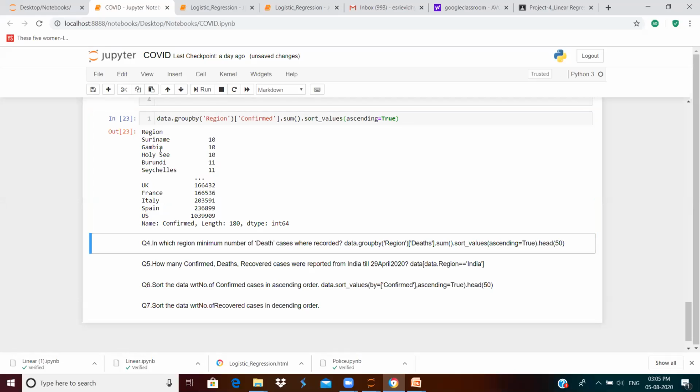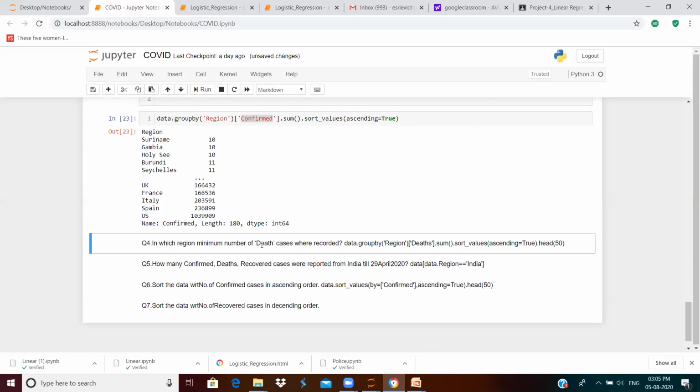So here we have Zambia, Suriname, Holy See, they are all with very few confirmed cases. See, it is starting from 10. The total number of confirmed cases is starting from 10 only because we have removed all the records whose confirmed cases were less than 10.